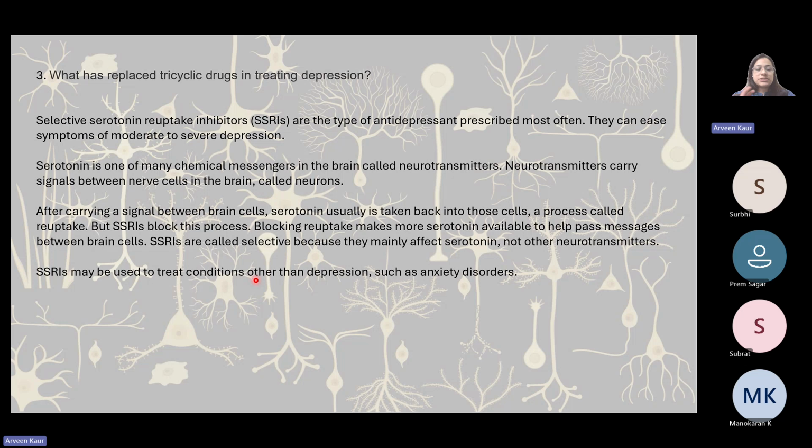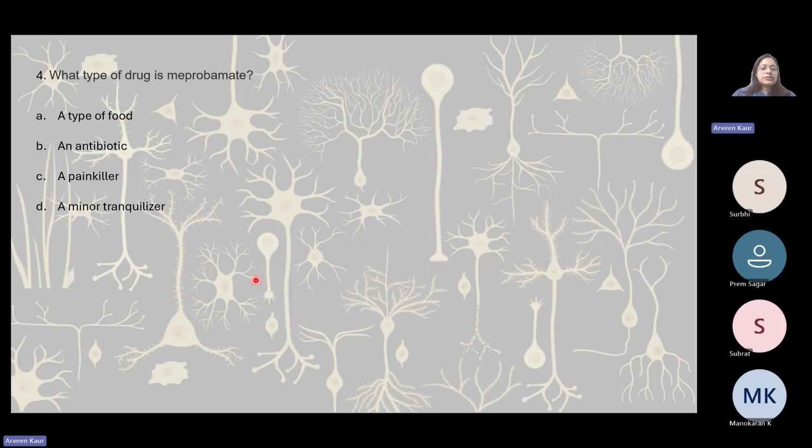Most of the patients, what happens is there is a smaller amount of serotonin being released, right? So either it is not being released or it is not being taken up by the neuron. So there is some kind of desensitization or chemical imbalance happening, and generally it is coming because of serotonin, right? So if the serotonin level is maintained over there, then it can help relieve the symptoms of depression also, right? So that is the principle behind it.